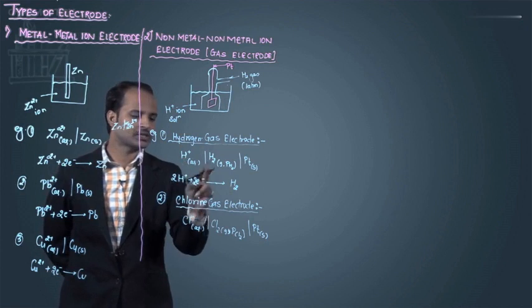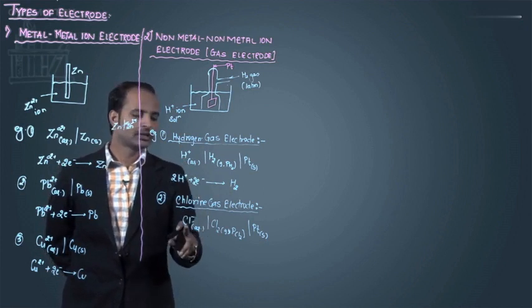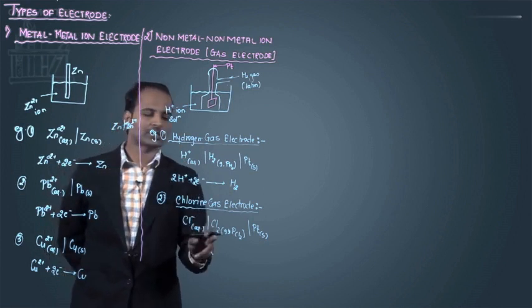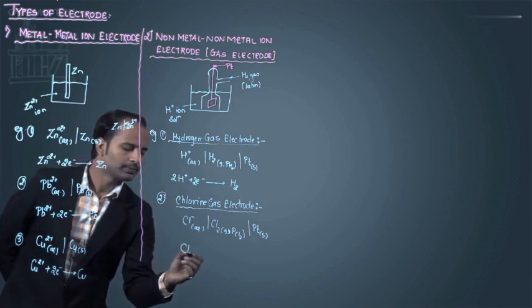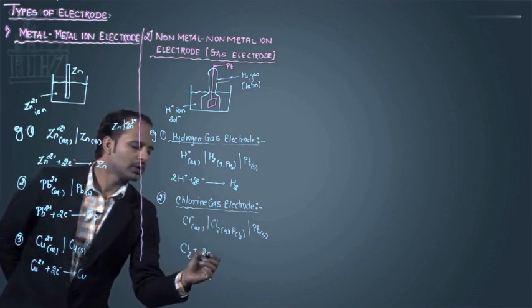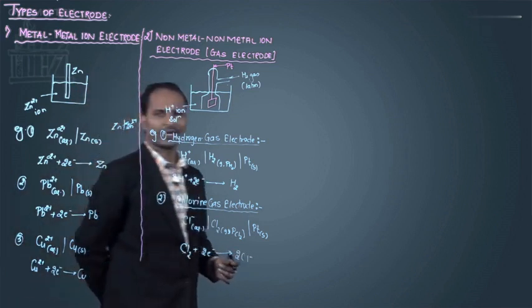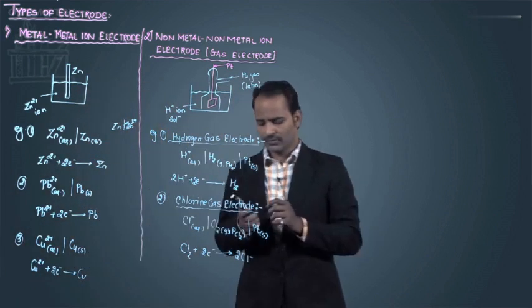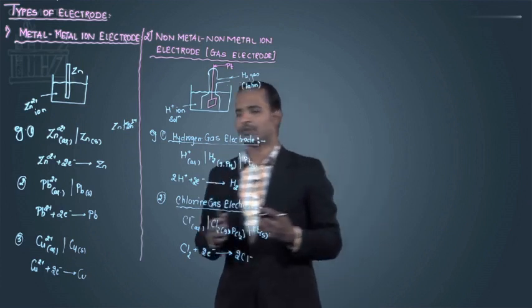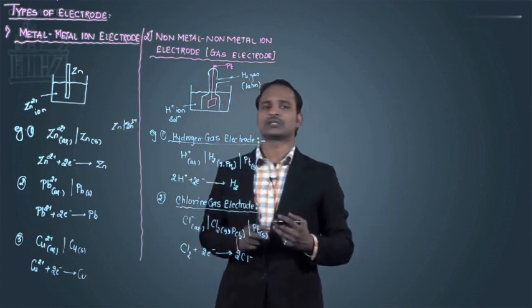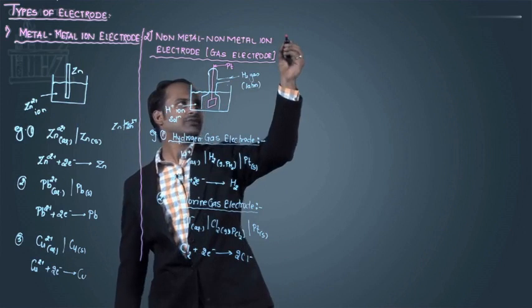Generally this is the reactant and this is the product, but here, since it is a negative charge, you have to consider this as the reactant. So Cl2 will gain 2 electrons, and then only you will get 2 Cl minus. So this is the chlorine gas electrode. After the chlorine gas electrode, that means after the second type, the non-metal ion electrode, there is the third type which we have,